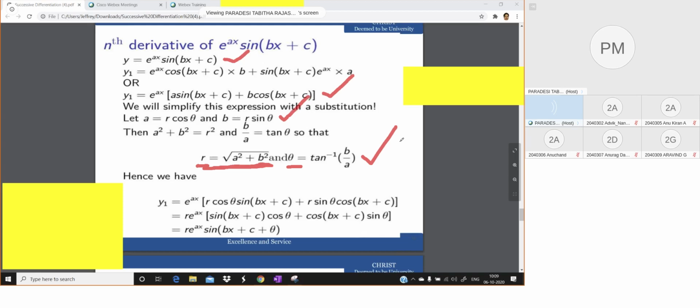The whole thing is so complicated. So this substitution will help us get an answer in an easier way. So that is why they have made the substitution. Right. Okay, so I don't see any doubts still here.